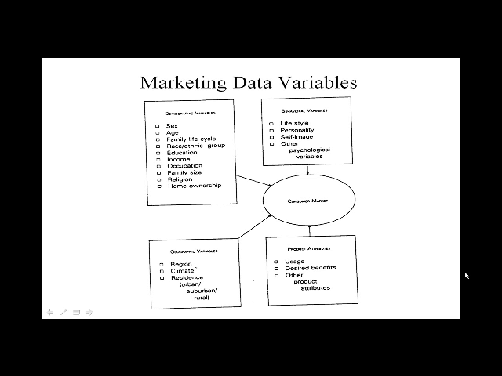One of the things you want to find out is what's called variables, or demographics is the term. There's also psychographics, a term that's used these days. And you'll see here that this is the kind of data you're gathering to figure out what your customer and market looks like. Demographic variables, as you can see there, sex, age, income. You gather that to find out, again, what your customer looks like.